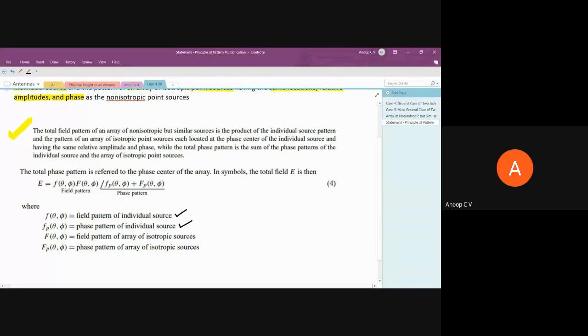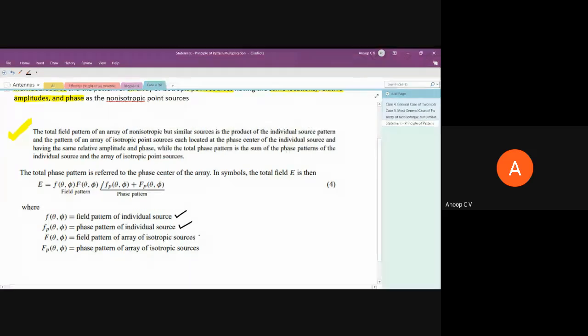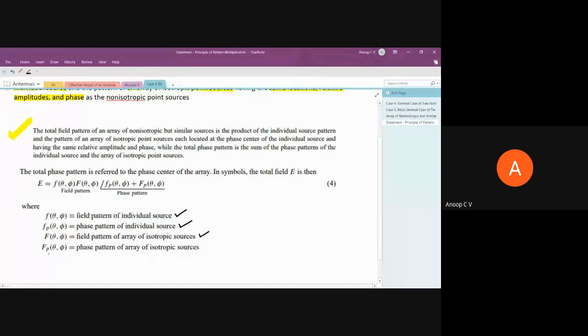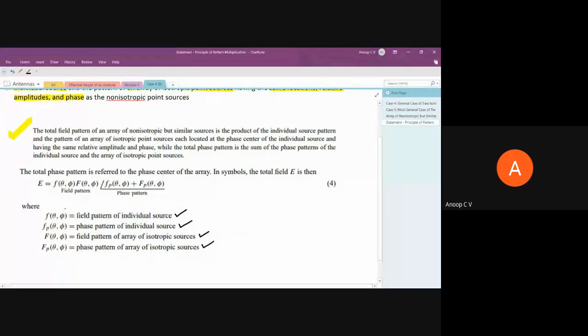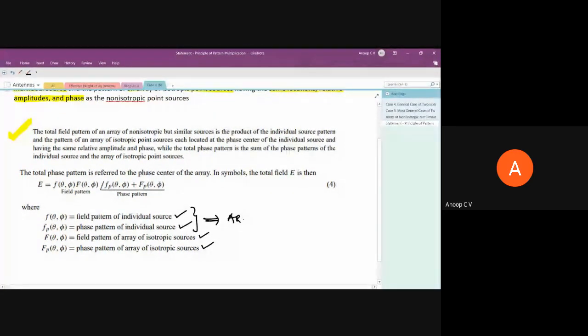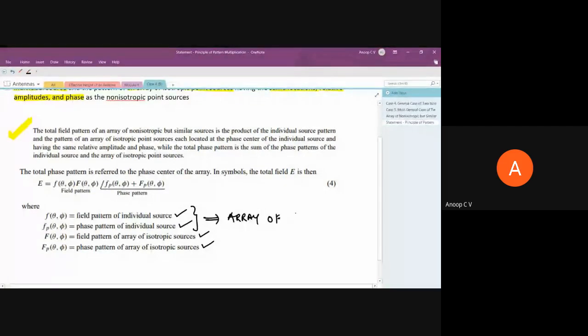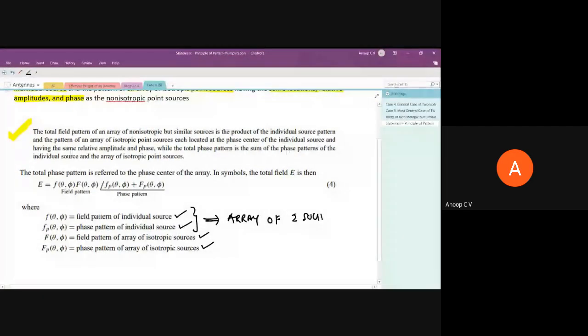And capital F of theta comma phi is the field pattern of an array of isotropic point sources, F subscript p of theta comma phi is the phase pattern of the array of isotropic point sources. Then the resultant field due to an array of two such non-isotropic point sources, having individual field pattern and phase pattern like this,